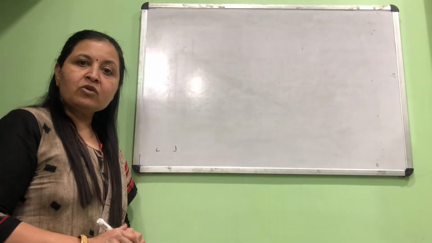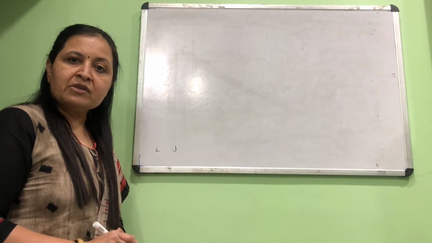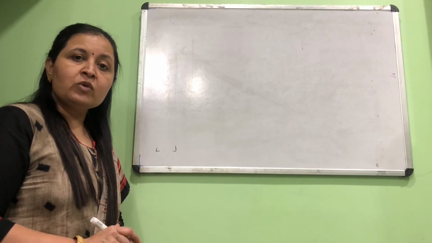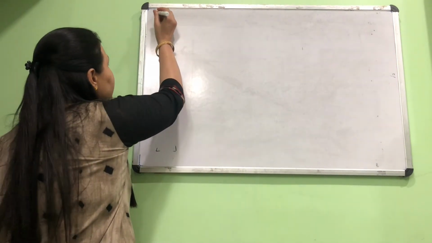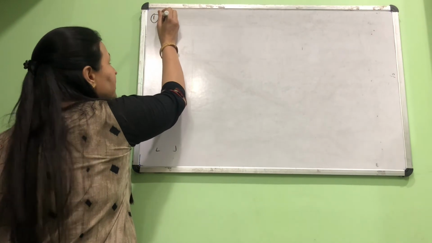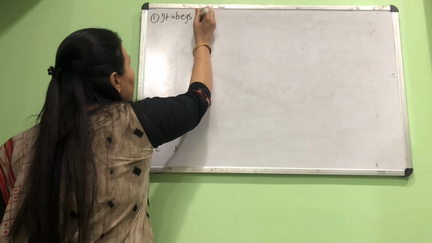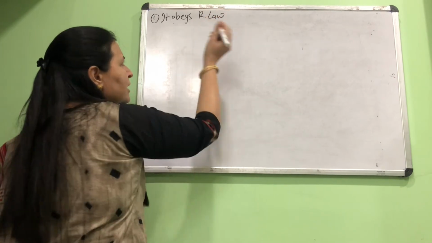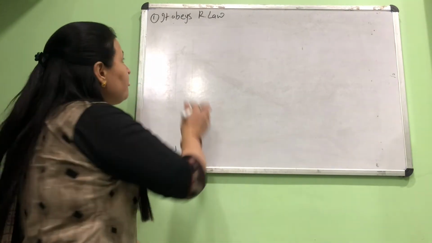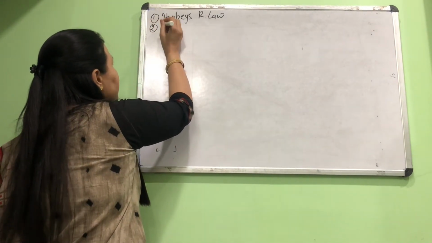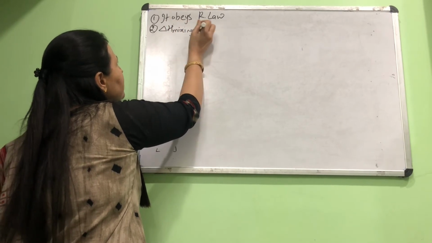Before we discuss non-ideal solutions or deviations from Raoult's law, we should discuss what the rules are to find whether a solution is behaving ideally or not. A solution behaves ideally if, first, it obeys Raoult's law. This is quite simple. That means the partial pressure of the component should be linearly proportional to the mole fraction. The second rule to decide whether it is ideal or not is that its delta H of mixing should be 0.